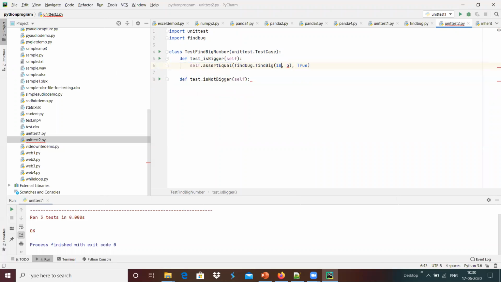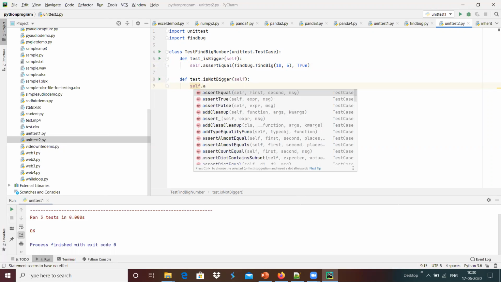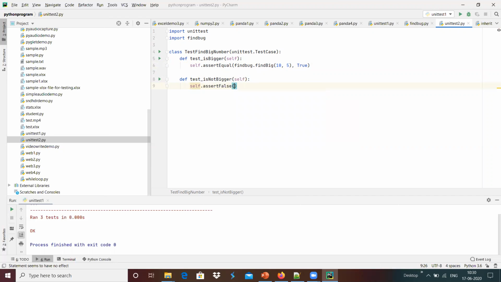I'm going to do 10, 5. It has to provide something like that, and maybe self.assertFalse, and find_bug.find_big. I'm going to give 5, 10, so that this will be a false case.